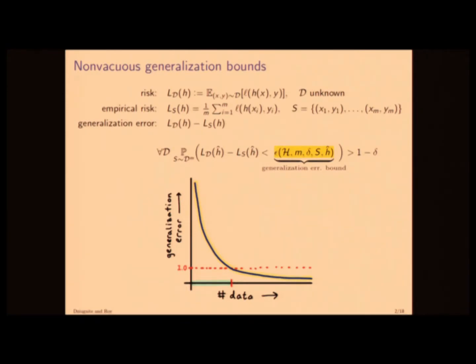So here's a plot. We have this number coming down. This is maybe this quantity with everything fixed but m, or maybe everything fixed but some notion of complexity on your hypothesis that you've learned. Imagine we're bounding a quantity that lives in [0, 1], so this gap is going to be self-bounded by 1. And so at some point this plot goes below 1, so we can draw this level set at 1.